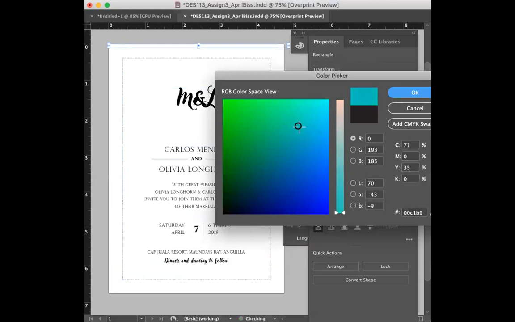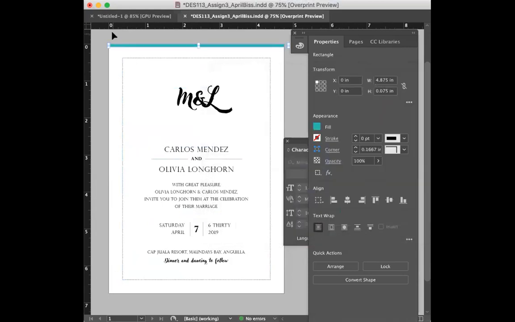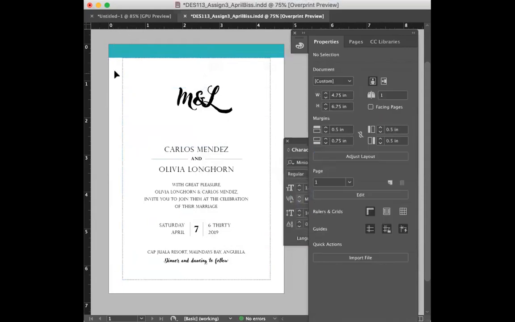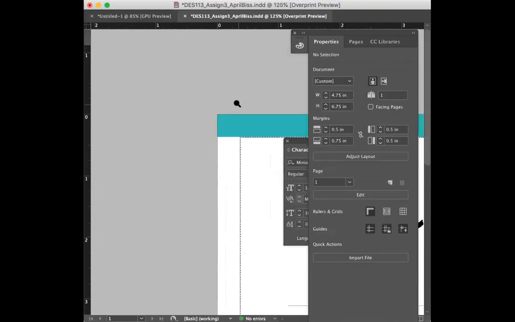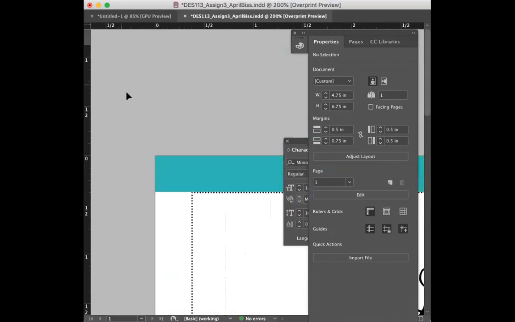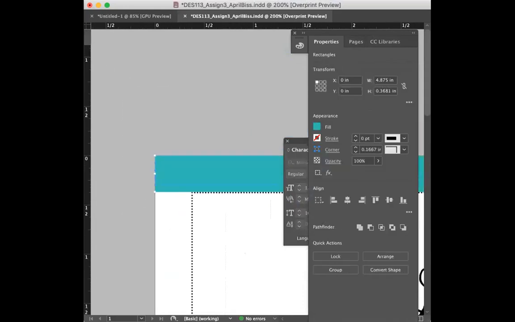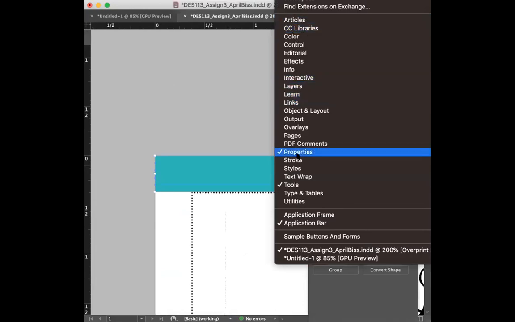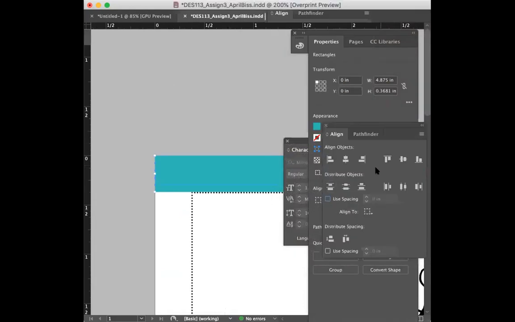Like a teal color, something like that. And obviously you'll have to make these align. So go up to your align tool. Let's see, where's my align object? Align. And just make sure that they all are centered. And then I would just make the individual in between ones